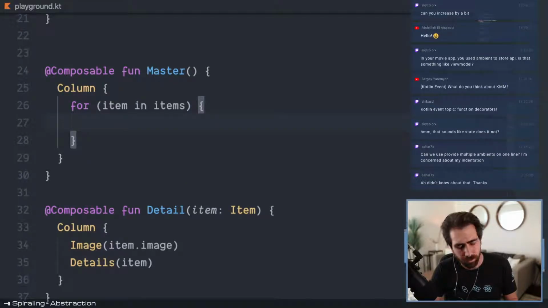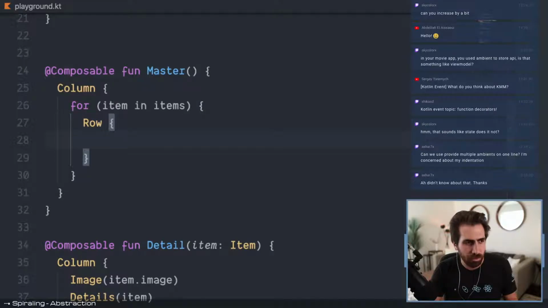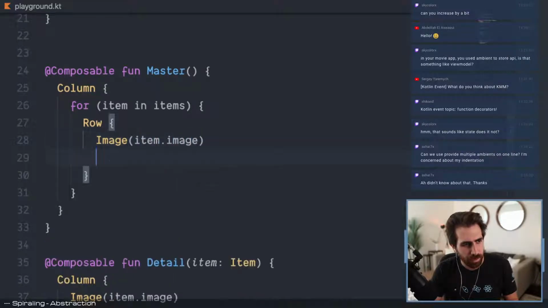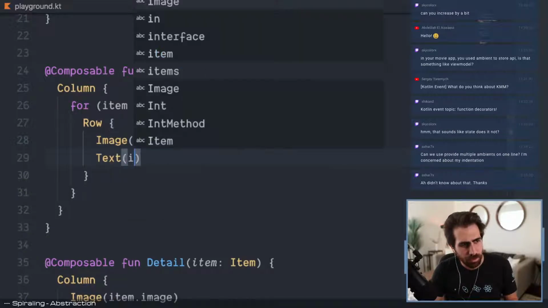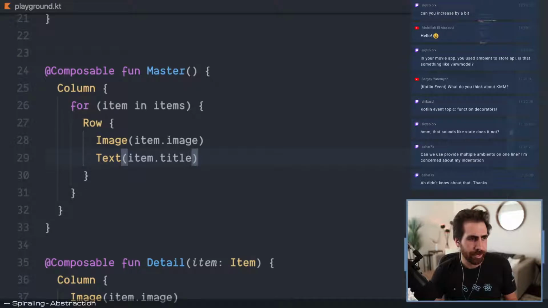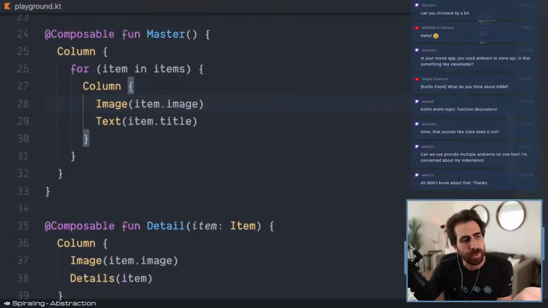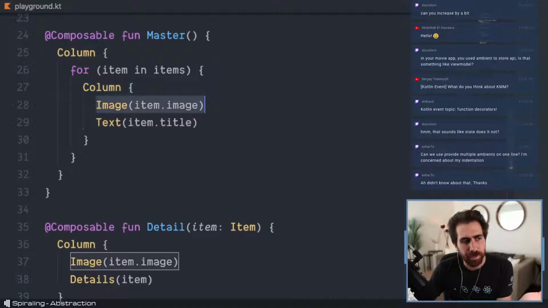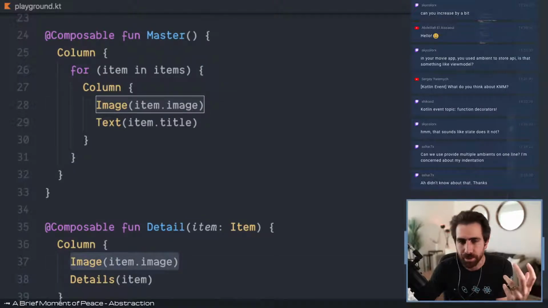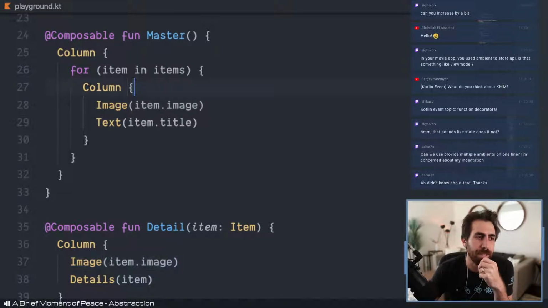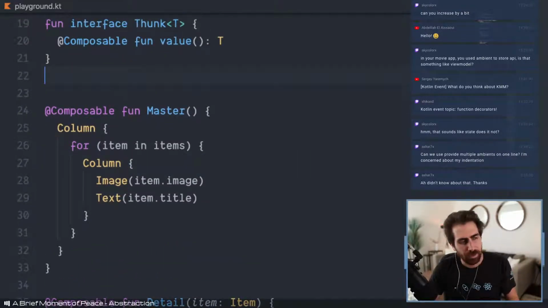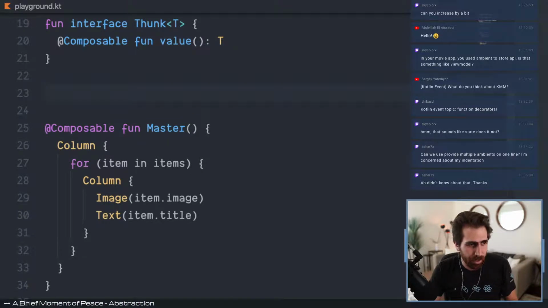I'm rendering some row of items where I just have some image and title, right? Yeah, maybe that's in a column, I don't know. But one of the things that would be nice is if these two images are the same image, but they're different sizes, different parts of the screen and all that, it would be kind of nice if what we could do is we could say,